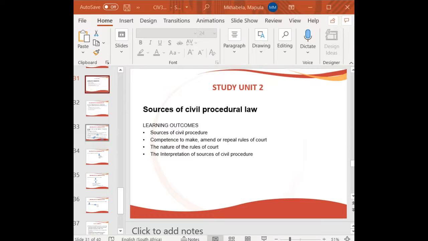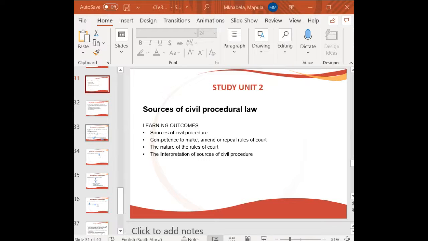You will identify who has the competency to make, amend, or repeal rules of court. You will be able to describe the nature of the rules of court and interpret important common law